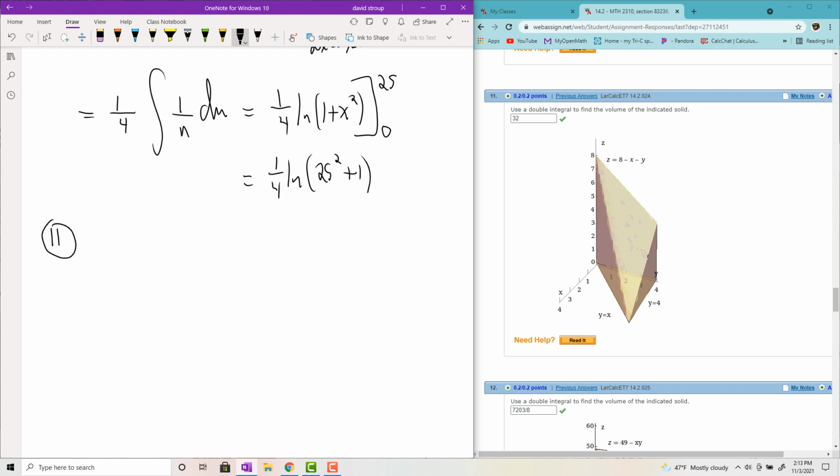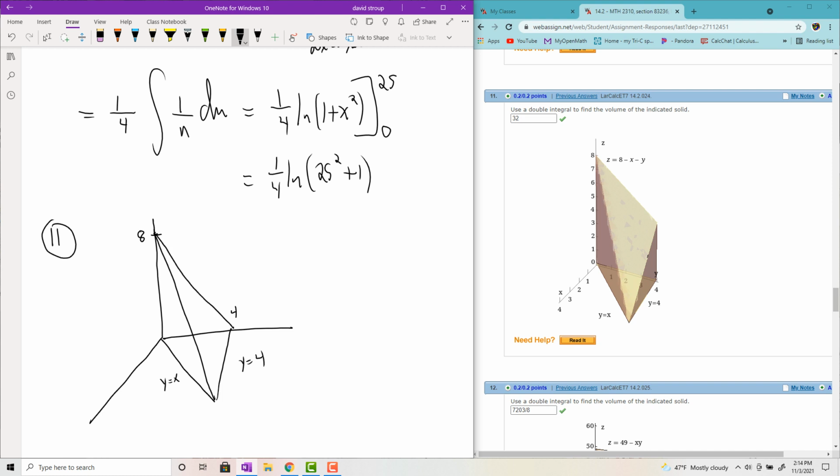We have the region given by a picture, so I'll try to maybe put a picture in there, maybe not. See how I feel about that. Anyways, here's 8. I have y equals x in the xy plane, and then y equals 4 in the xy plane, and then there's this plane over top of it enclosing this region, and we want to find, well, I guess